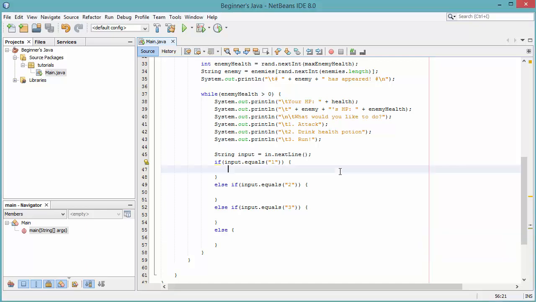So the first thing we have to do for input 1. Input 1 is attacking the enemy. That's what we've offered the user here. So if they press 1, we're going to attack the enemy. Now there's a few things we're going to do for this. We're first going to set up 2 integers. We're going to say integer damage dealt